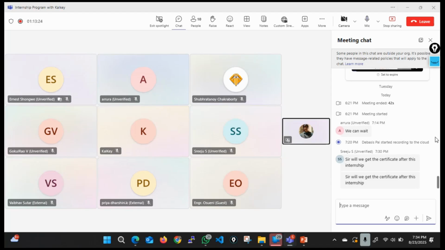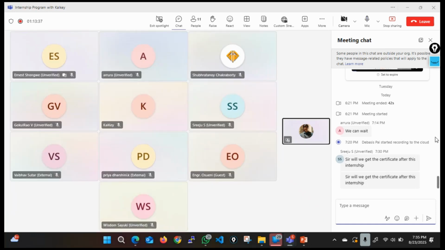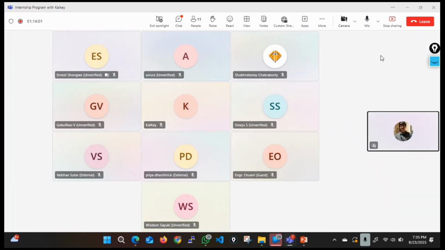But this is just the starting of the DevOps journey. So let us not discuss that now, because there are minimum 8 sessions still left. And I am very sure it is not going to be less than 11 or 12 sessions. So when we are around the 8th session, we will talk about certification. Will that be okay? I mean, a certificate from this particular internship. You mean that, right? Fine.